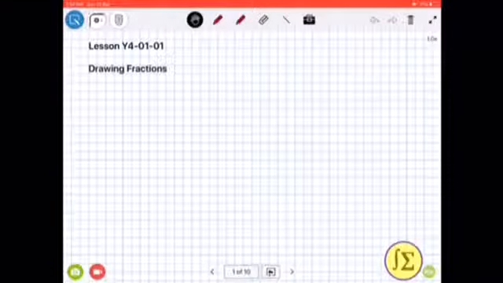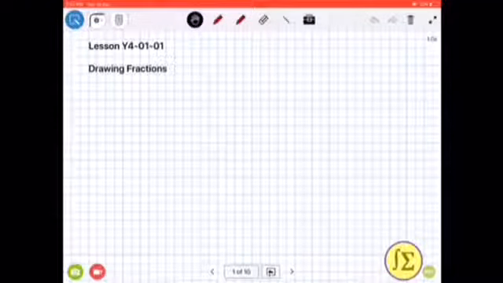Okay, drawing fractions. When we want to graphically show fractions, sometimes we use circles, but unless you have a compass, it's quite difficult to draw circles freehand or just using a ruler. So I normally prefer to show fractions graphically using rectangles. But if we were to use circles,